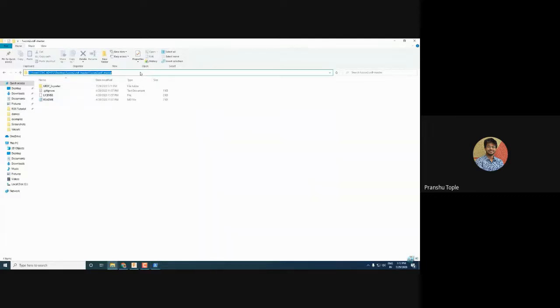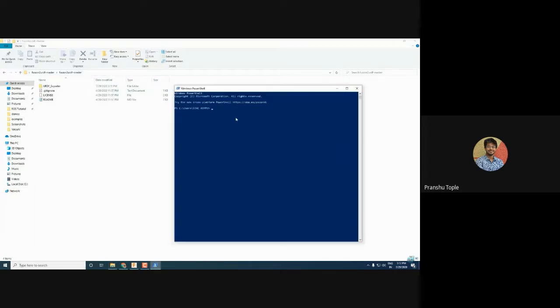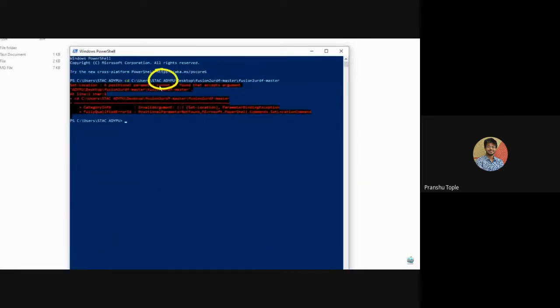Now copy the location of the folder where you have the URDF exporter folder and type in the cd command in the PowerShell, which stands for change directory, followed by the copied path, and press enter. But this gives me an error just because I had a space in my path. So to fix that, we can type the same cd command, but this time the path should be written in quotes. Now you can see your terminal has been sent to that specific location.